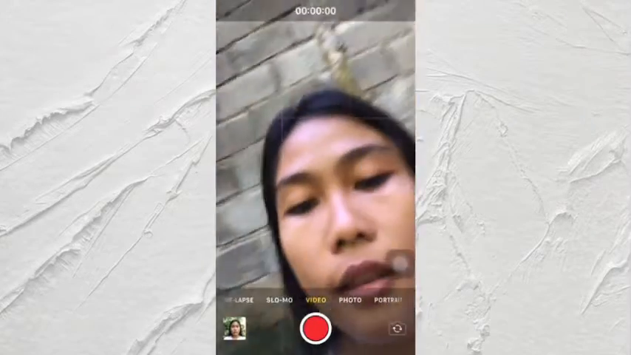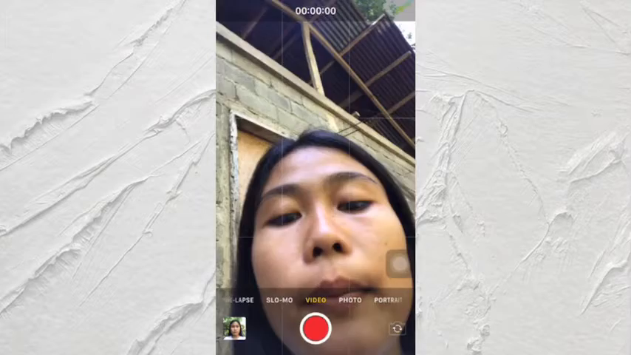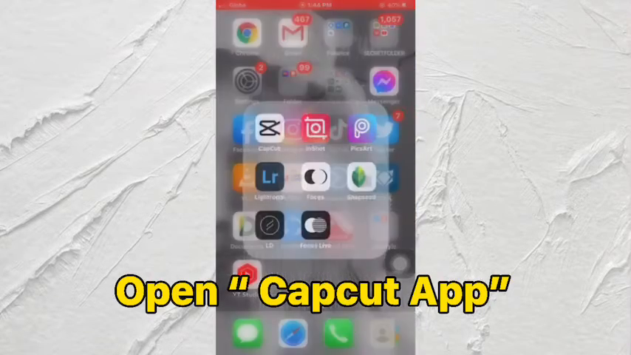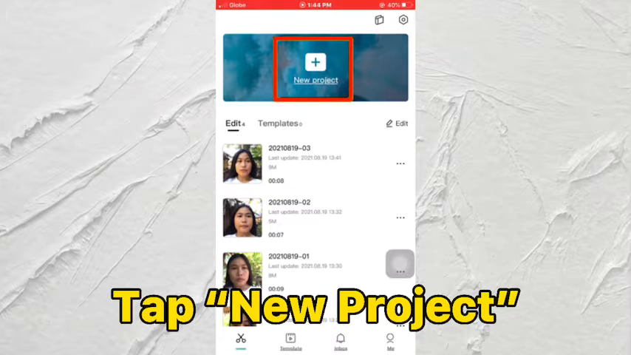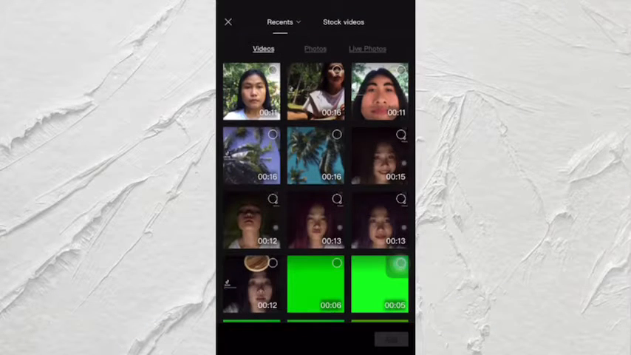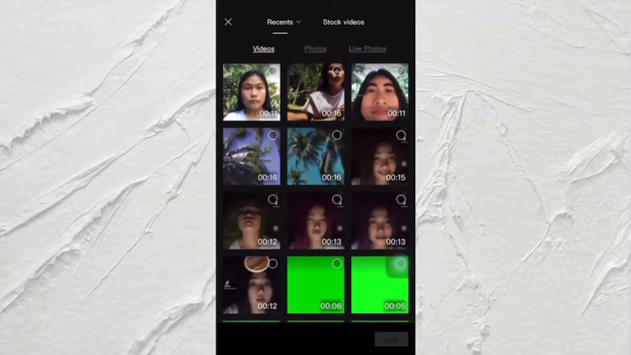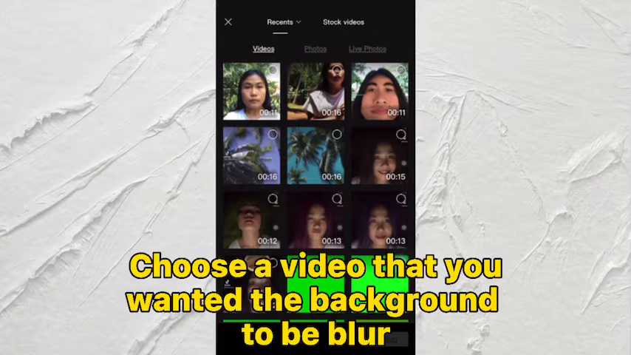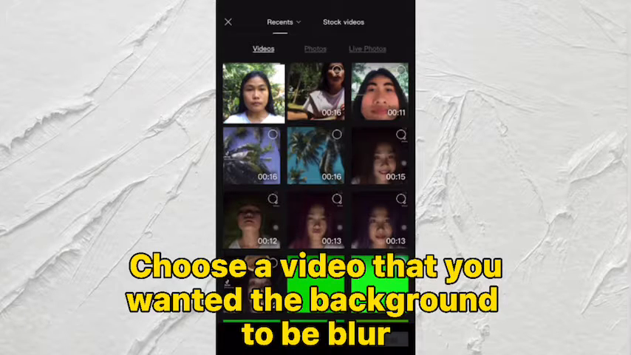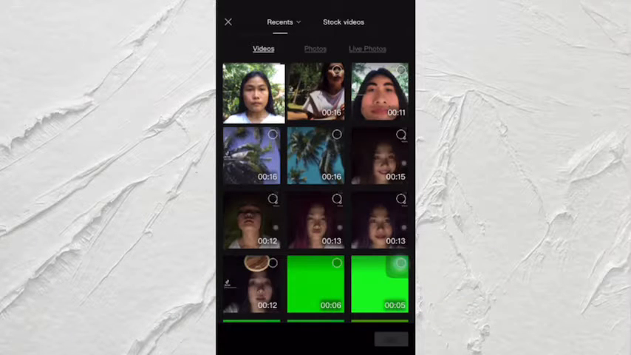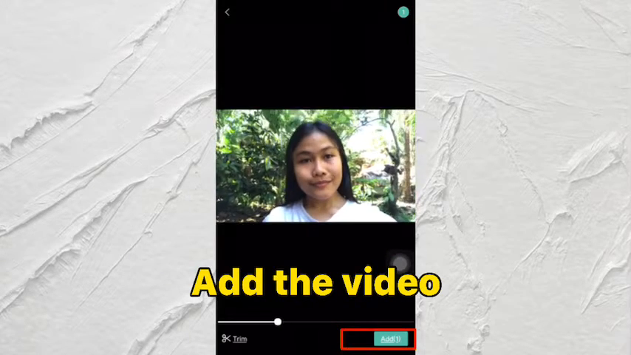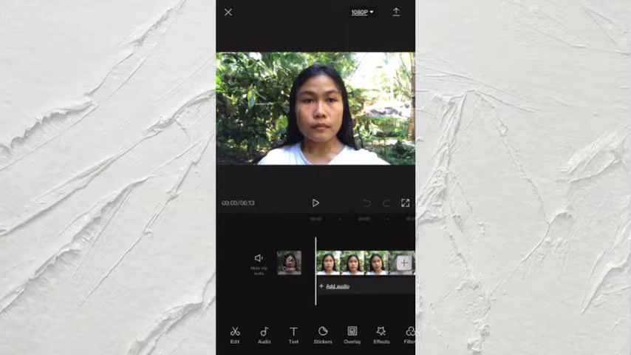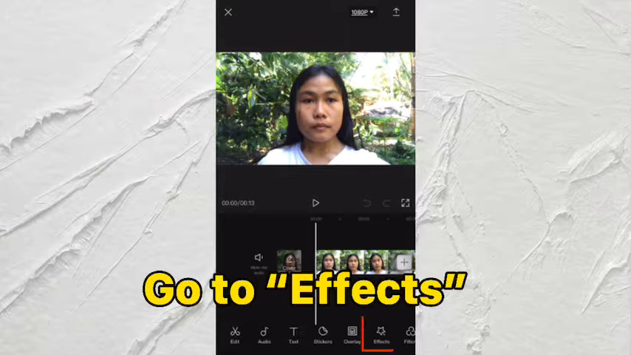Right, and then let's go ahead to Capcut. Open Capcut and then tap new project, and then choose the video that you just took to blur the background. This one, and choose this one, add. And after that, next you're gonna do is go to effects right here,